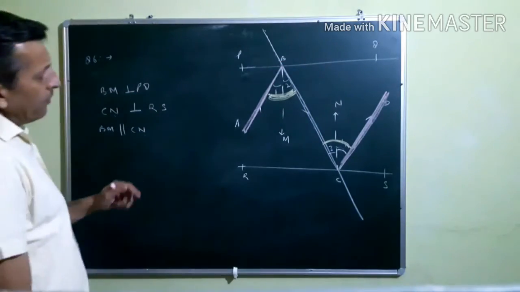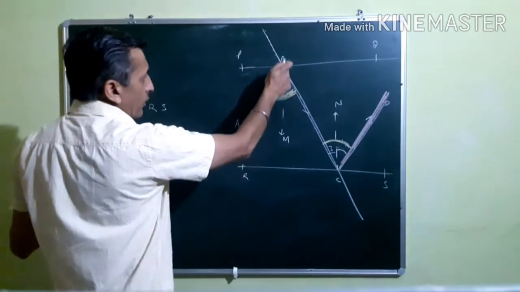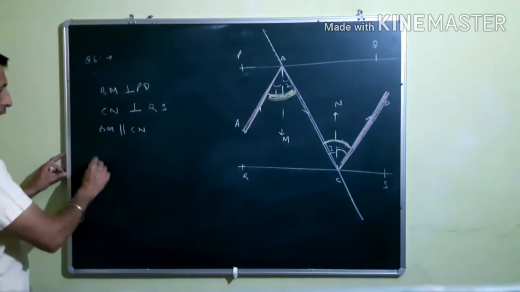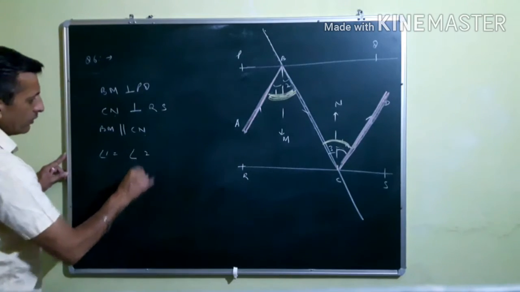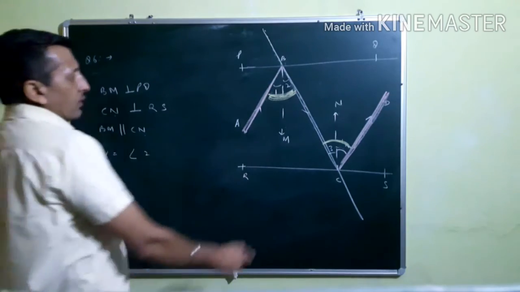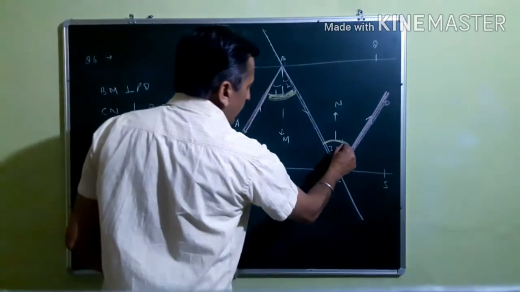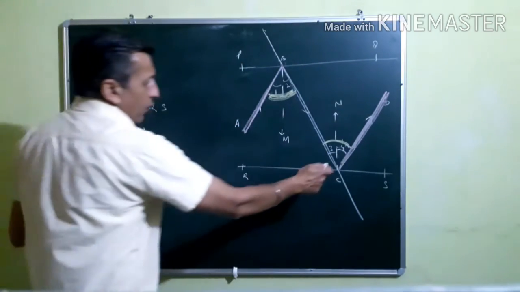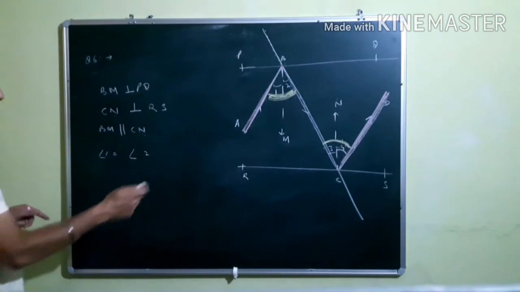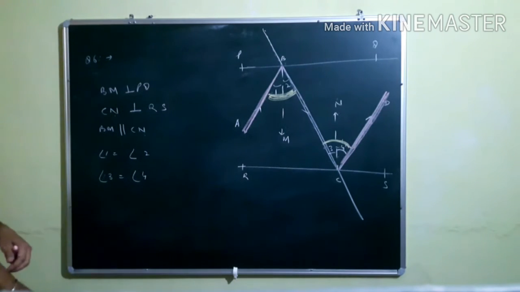And I am going to use here the law of reflection. The law of reflection says that a line which is perpendicular to the surface divides the angle between the incident ray and reflected ray into two equal parts. So in this case angle 1 is equal to angle 2, because BM is the perpendicular, this is the incident ray and this is the reflected ray. Similarly here, angle 3 and 4, by the law of reflection, it divides this whole angle into two equal parts. That means angle 3 is equal to angle 4.